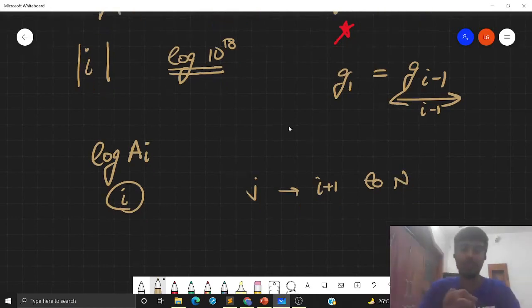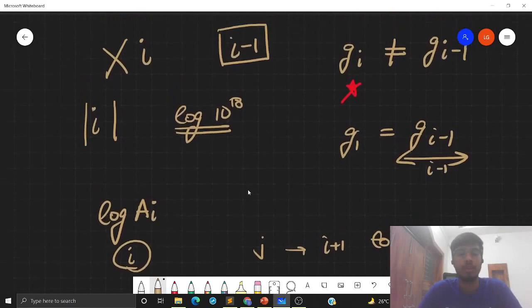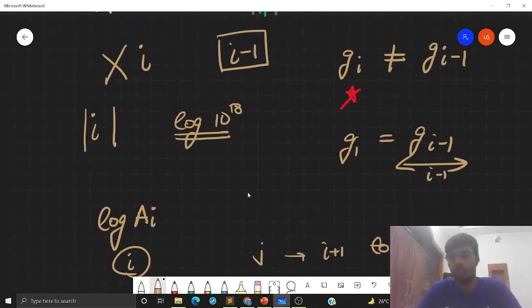So let me summarize the approach that we are having for solving this complete problem. We started by saying that we can iterate over all the indices i and j and get our answer in order n square. The problem with that approach was that order n square is too much. We are iterating over too many indices to calculate our final answer. So we need to somehow reduce the number of indices that we are iterating over.